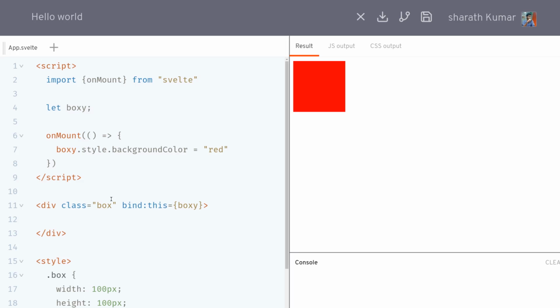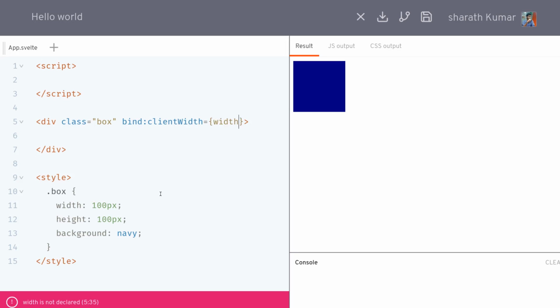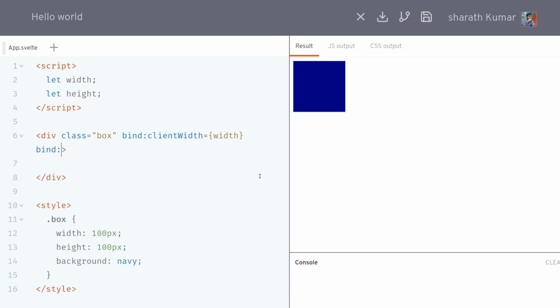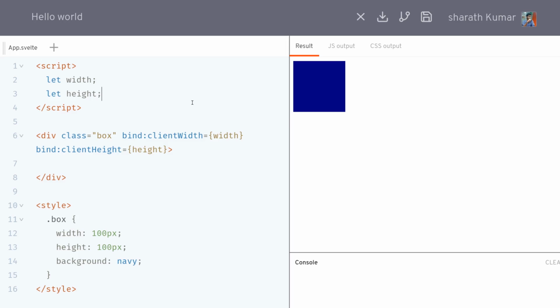The next one is binding dimensions. Every element will have a dimension. So I'll remove this binding and let the box be there. We can bind clientWidth, which we can call width. So we need that as a variable width, and then we'll have a variable height, and we can again bind clientHeight to the height. Now if I console log them,